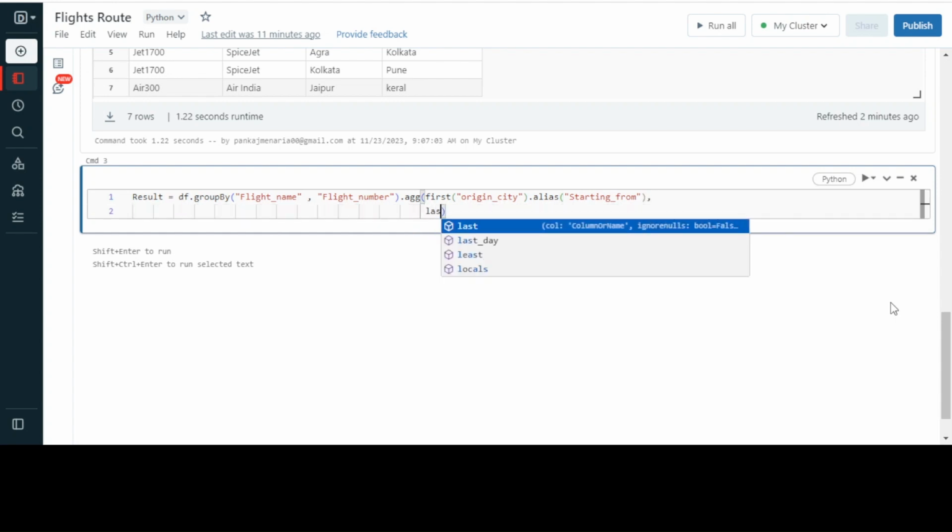Now I'll use last on my destination city column, and I'll give the name as ending to.